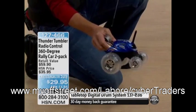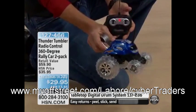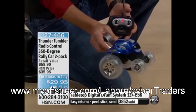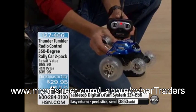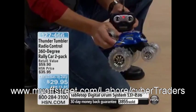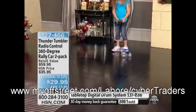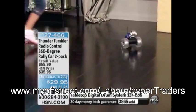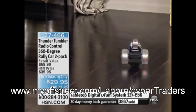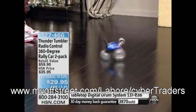By the way, there's a really neat feature on this remote control that I want to show you. Right up here on the top, there's a button right there. When you push that button, it automatically makes both wheels go forward at the same time. Why? Because if you have a young child that's using this and they don't have the dexterity to work the levers so well, all they have to do is punch that one button up on the top of the remote, on the shoulder of the remote, and automatically the car will take off and drive straight forward with both wheels